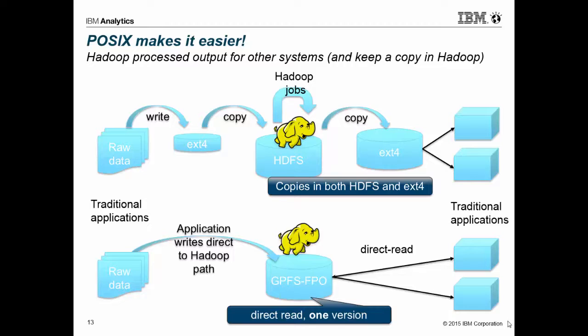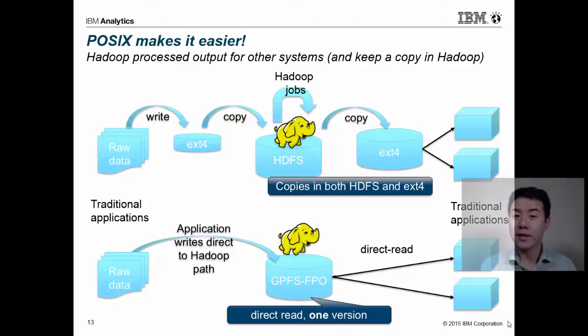When we've got our results, to make these results available to a downstream application, we're going to have to copy that back out to that local file system, an edge node typically, and from there they can be ingested by these other applications. So in addition to the 3 copies of the data that I have within HDFS, I may potentially have extra copies of data just on the edges of Hadoop as well, because I have to keep landing it and uploading it. With GPFS, because the file system is local and it's POSIX,